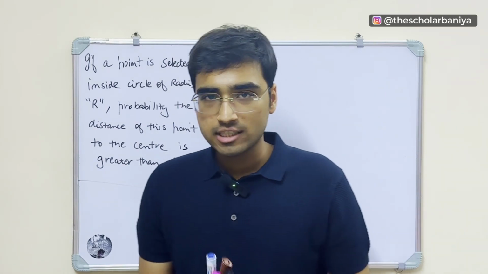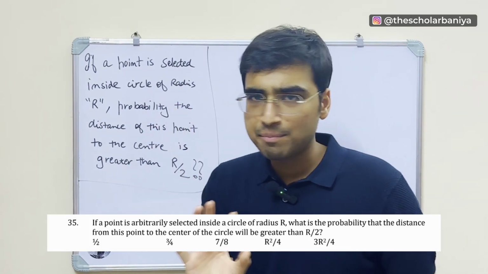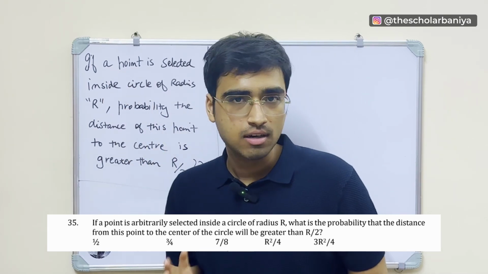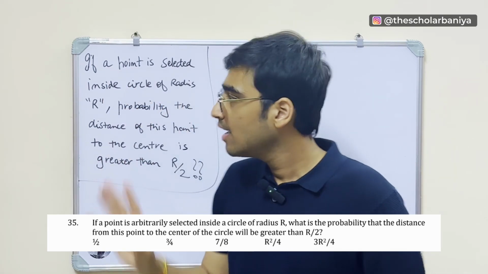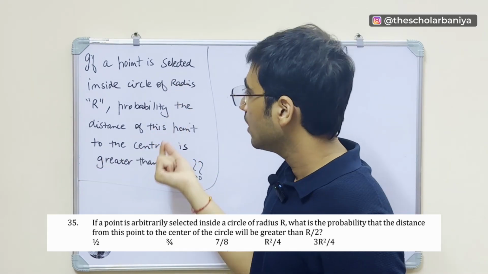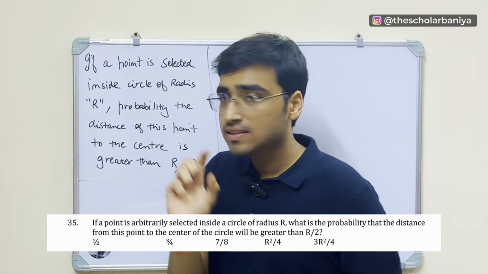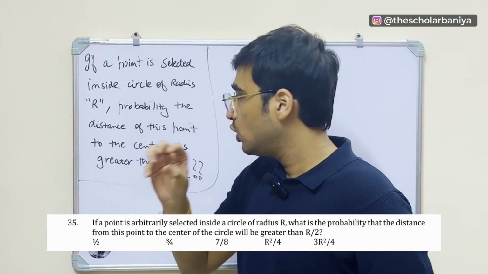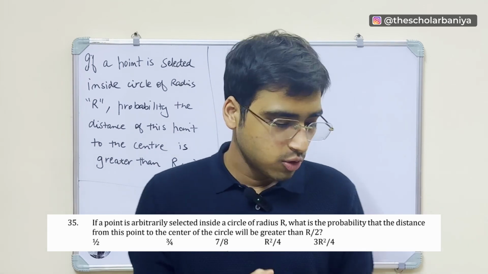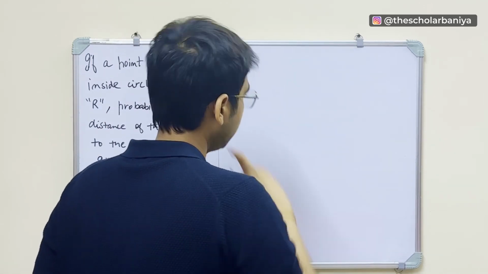So let's move on to the next question, guys. In this question, we are given that if we select a point inside a circle of radius r, then we have to tell what is the probability that the distance of this point to the center is greater than r by 2. So, for example, if I tell you by drawing the figure,